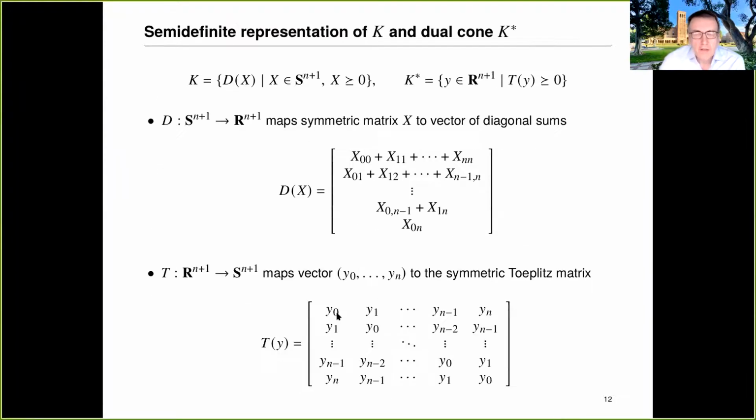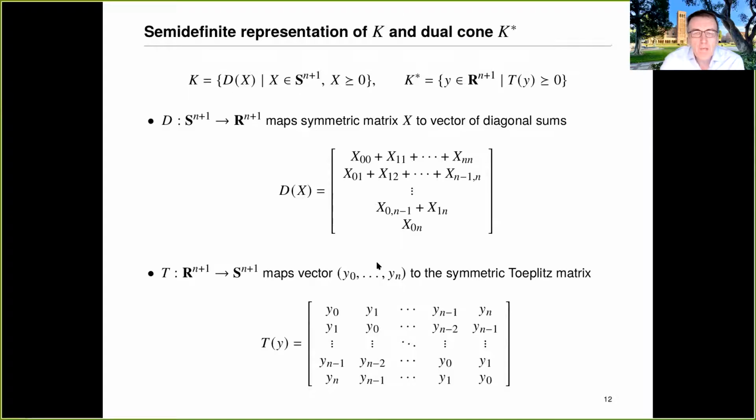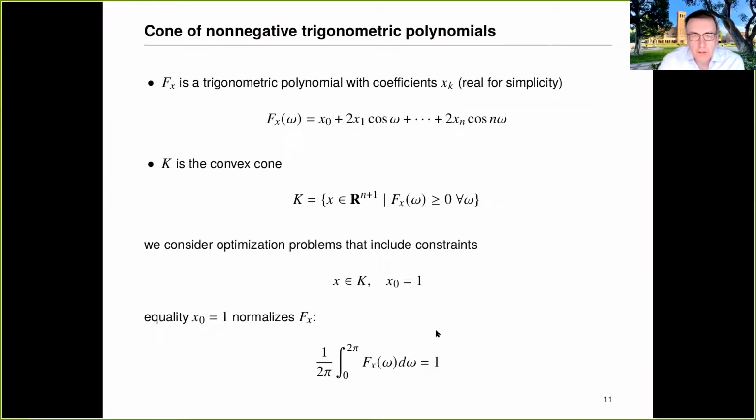So of course this also shows why it's expensive to deal with these constraints in semi-definite optimization, because you introduce this matrix X of size n plus 1 as an extra variable, just to be able to represent these constraints as a semi-definite constraint. So if you look at possible candidates for kernel functions for handling this non-negative trigonometric polynomial cone directly without going to the semi-definite representation,